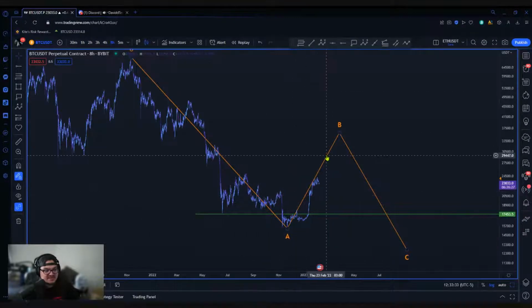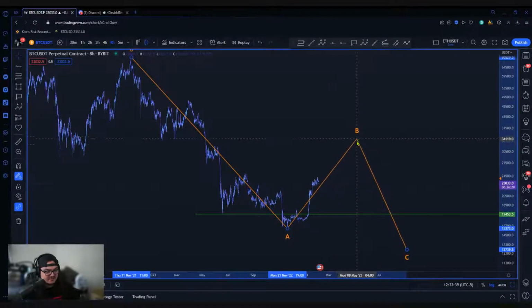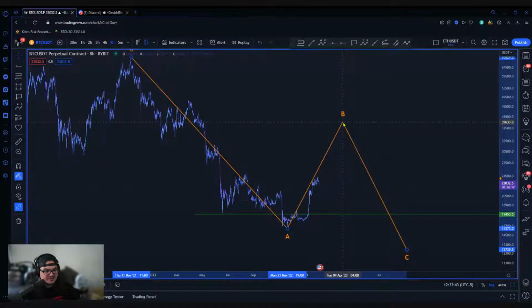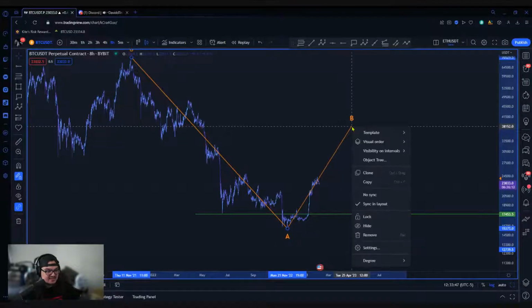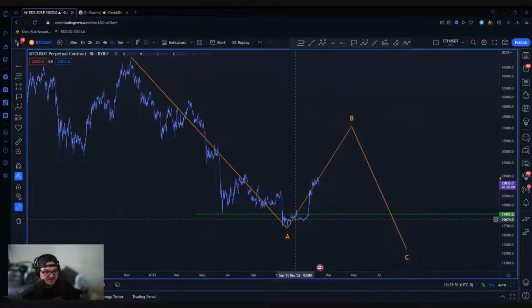At the moment, both sides are leading up to some sort of larger pump to the upside. So regardless of how you view this, I think we're definitely on our way up to around 30 to 35K, 38K, somewhere in this region. I don't think we'll necessarily be making new all-time highs, but I kind of have to approach it as we continue this trend upward. But at the moment, that's currently how I'm viewing things.